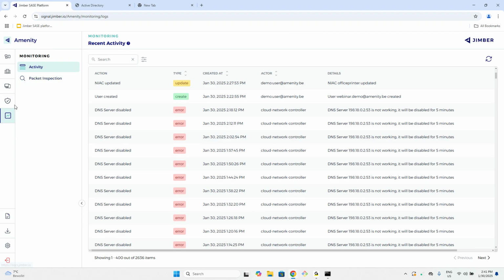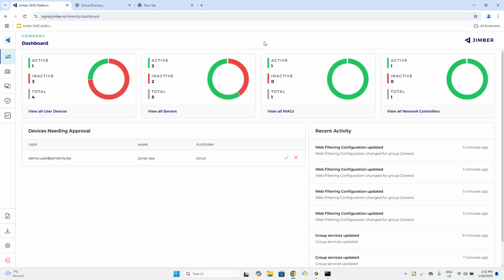I think I have most of the features and most of the demo stuff that I wanted to show you. This has been a short overview of our platform. If you are interested in trying it out yourself, or if you have some use cases that you want to talk to us about, please let us know. We can always do a call with one of our engineers or with me, and then we can see how